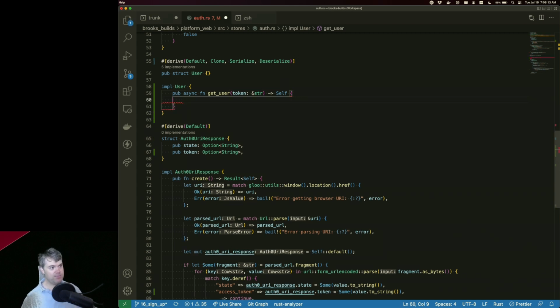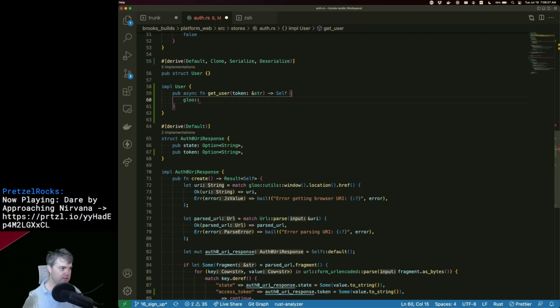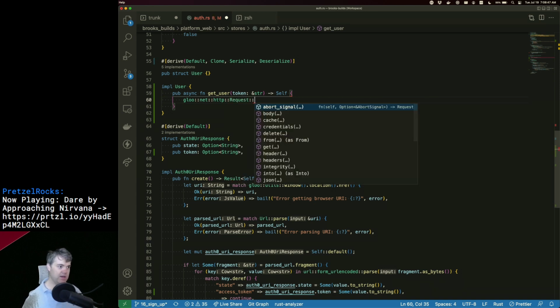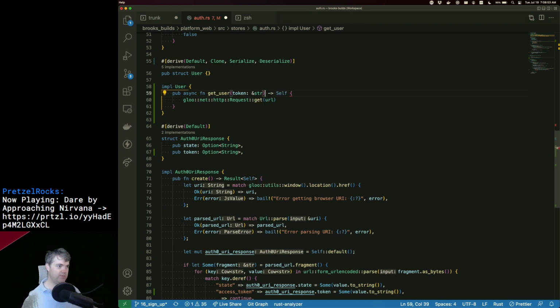Perfect. All right, so get user. I want to do an actual request. I think it's just going to be net HTTP request. Okay, then we can do a get, which means we need to build our URL.